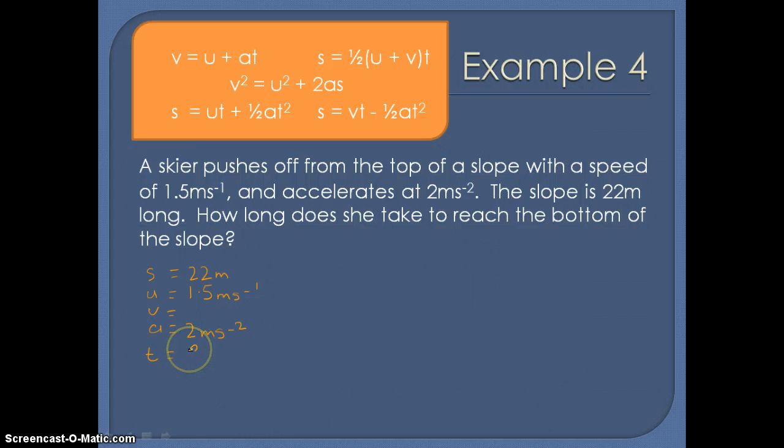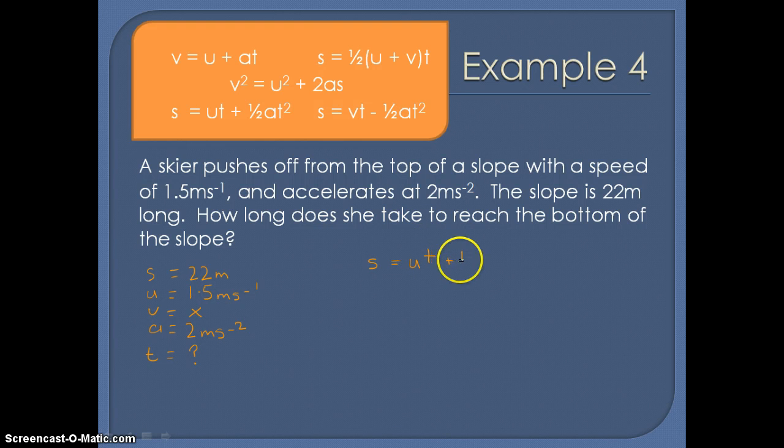And we've been asked to find the time this time. So again, we need to choose from our list of 5 equations to find the correct one. So the one that contains S, U, A and T, so we can use the S equals UT